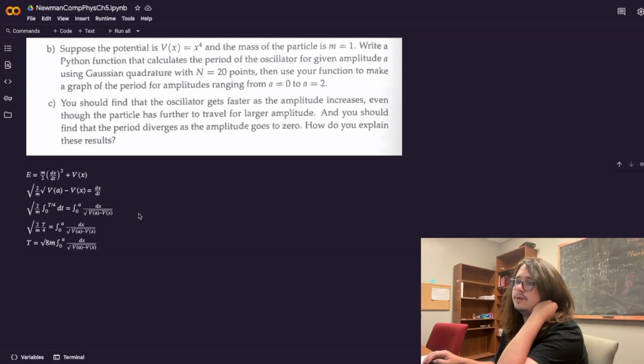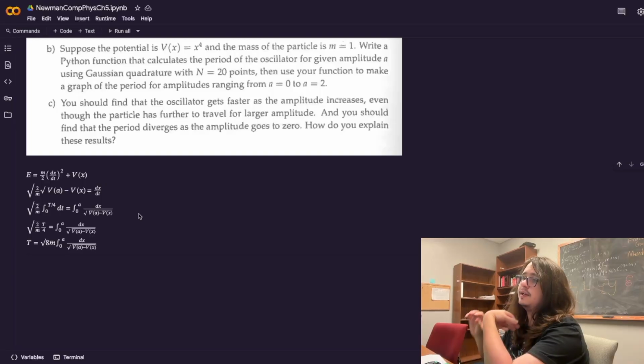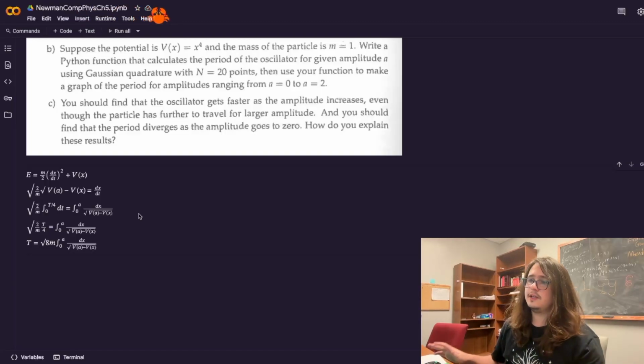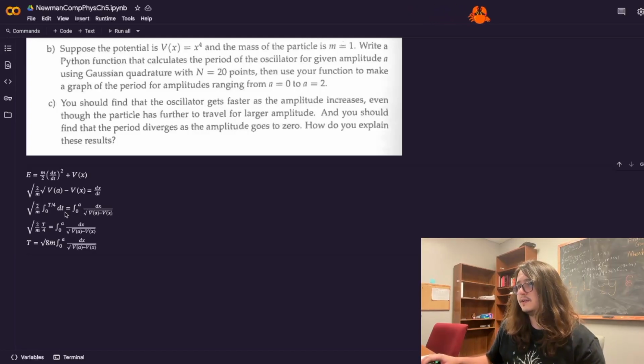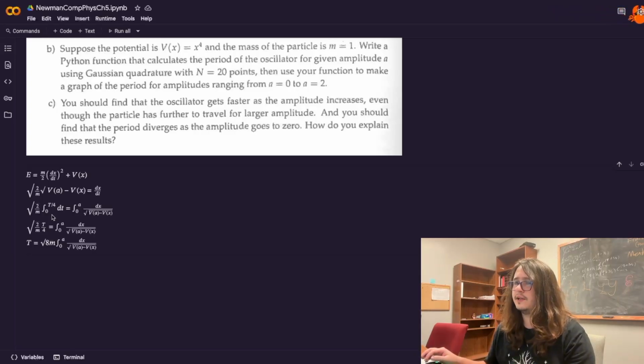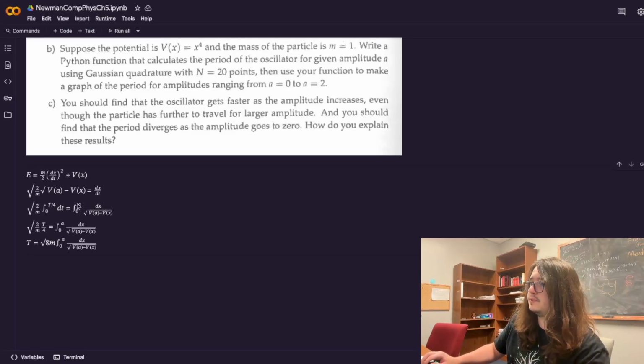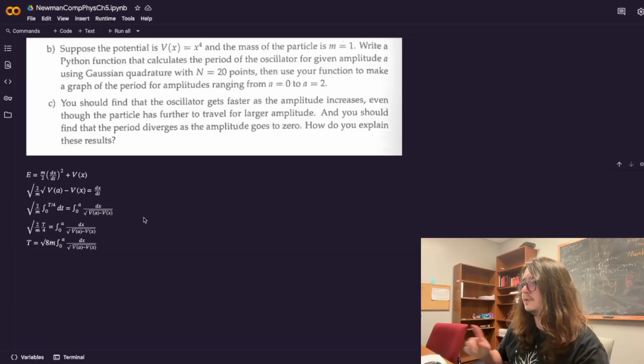Then you solve it again. You put the dx on the right-hand side over the radical of V(A) minus V(x). And on the left-hand side, you keep the root 2 over m, and then move the dt to the left-hand side. So at that point, you can integrate both sides. You can see the integration is from 0 to T/4 on the left-hand side, and the amplitude, which corresponds to T/4, is literally just the amplitude of the anharmonic oscillator. So you put the amplitude on that side,